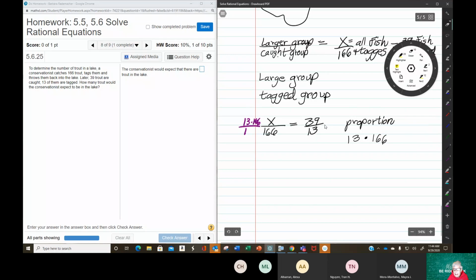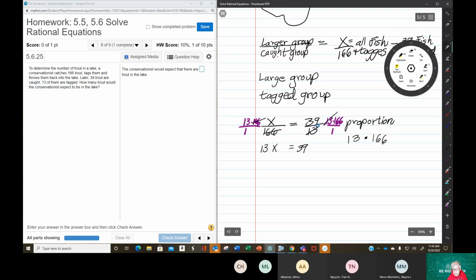There. And same thing over here, 13 times 166 over 1. Now over here, I will allow 166 and 166 to cancel, and over here, I'll allow 13 and 13 to cancel, so that I have 13x equals